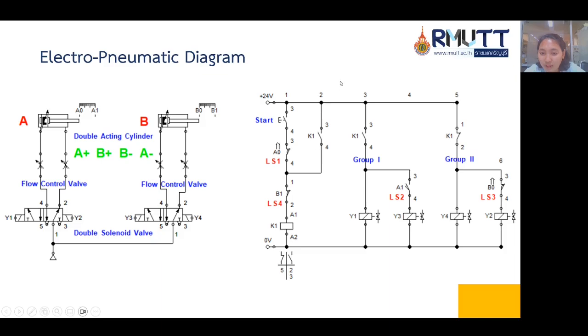And this is the electric circuit from the basic concept of the two-group cascade diagram. There are two groups here.